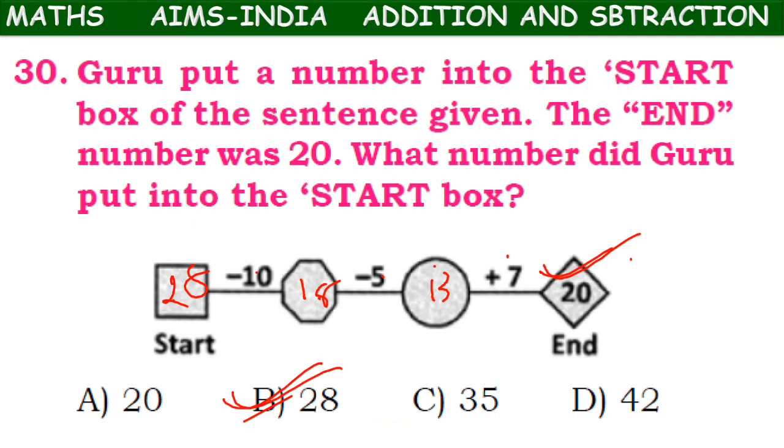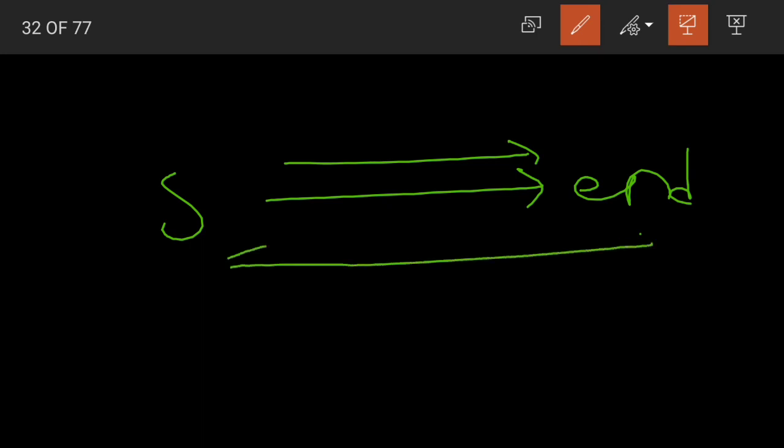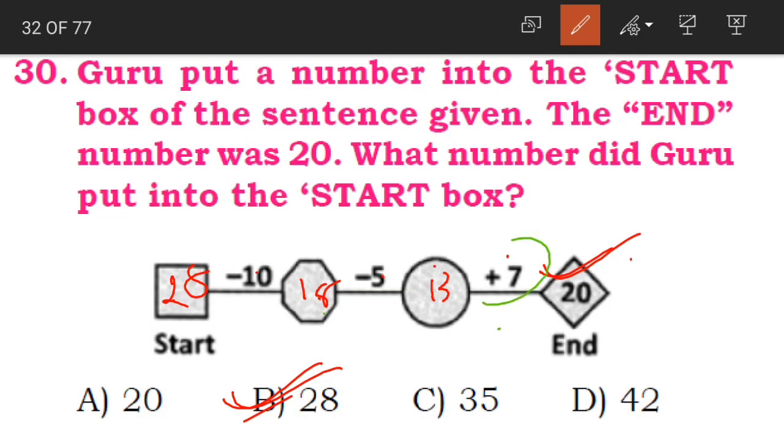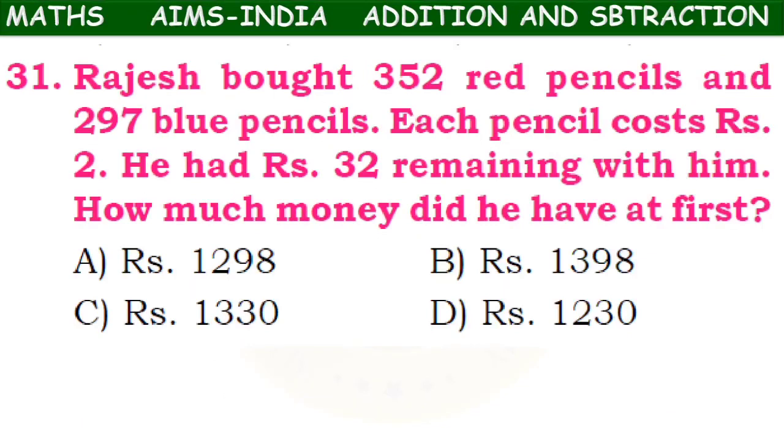Clear children? See, when you are going from a starting point to the end point, you will walk in the correct order. Now when you are going in the reverse order, the opposite of addition is subtraction and opposite of subtraction is addition. You can do it this way, going in the opposite direction, or with the help of trial and error method you can go in the same direction.